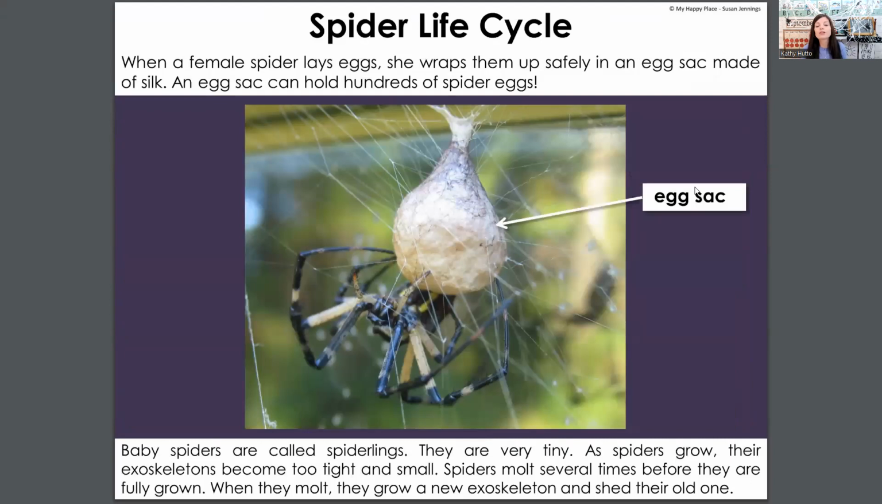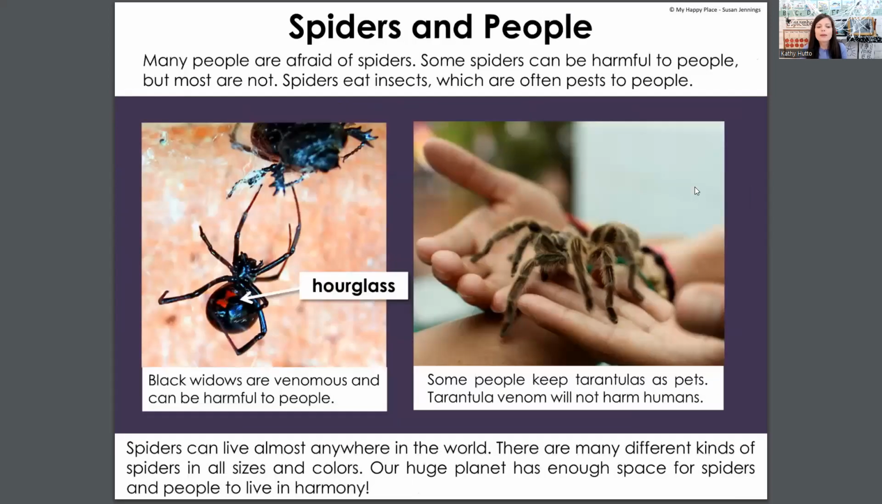When a female spider lays eggs, she wraps them up safely in an egg sac made of silk. An egg sac can hold hundreds of spider eggs. Baby spiders are called spiderlings. They are very tiny. Many people are afraid of spiders, and some spiders can be harmful to people, but most